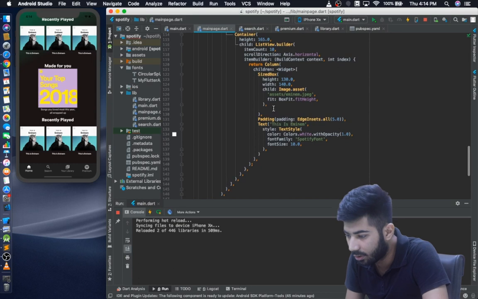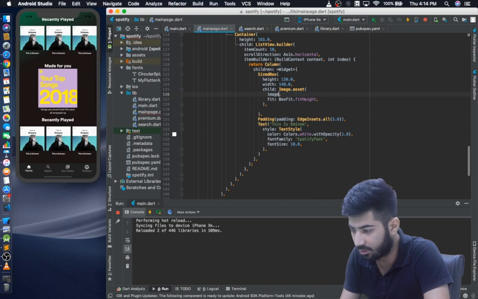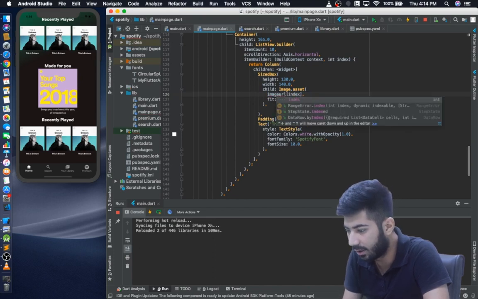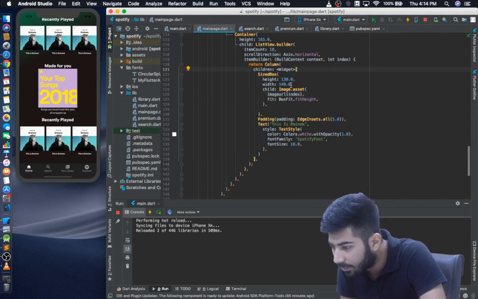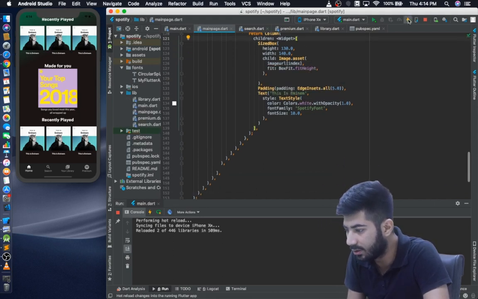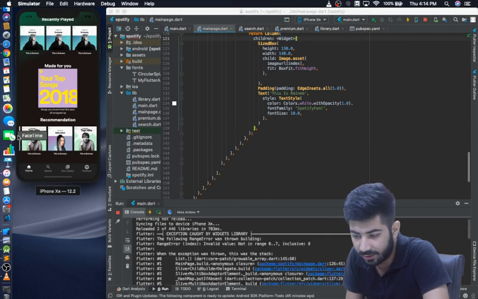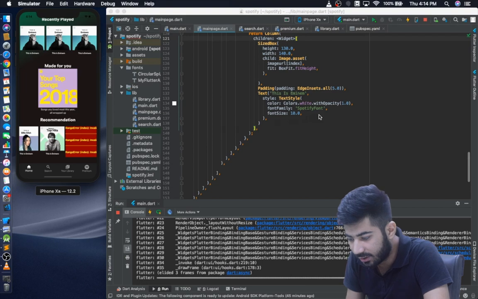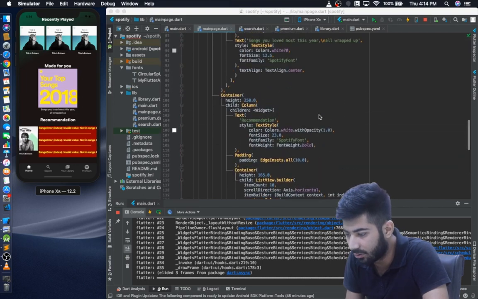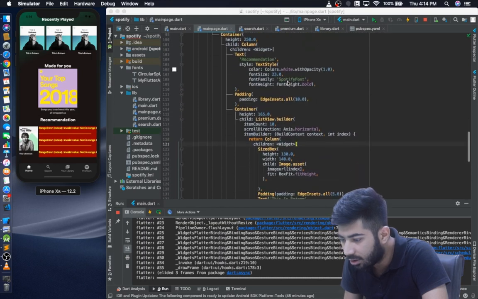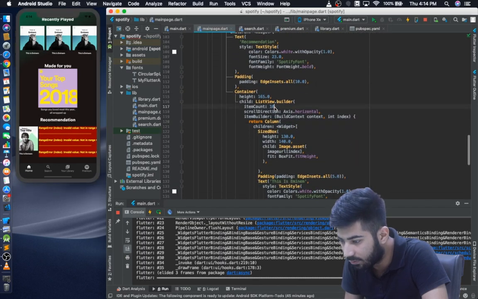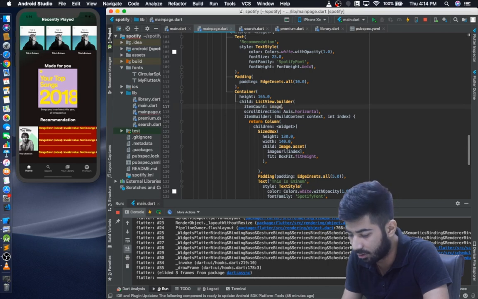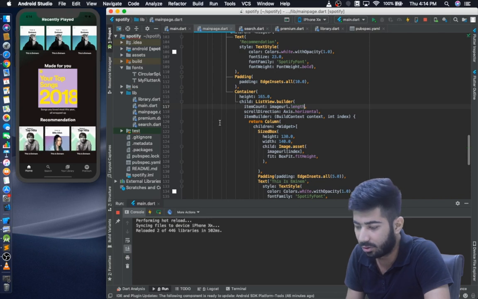So okay, so now in the image asset we can just place the URL of this image, image URL at a particular index, and it would just fit those images. So if I rerun, yes, you can see, and this error is generally because we have not checked the image count, since we have selected 10 but we have only 8 images. So I am gonna set this image count to image URL dot length, so it would just reformat the code according to the length